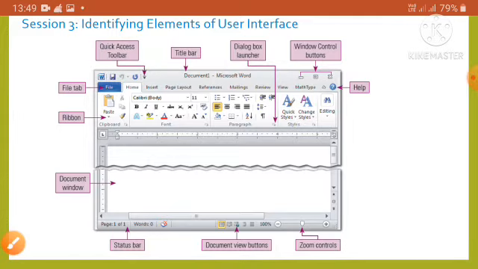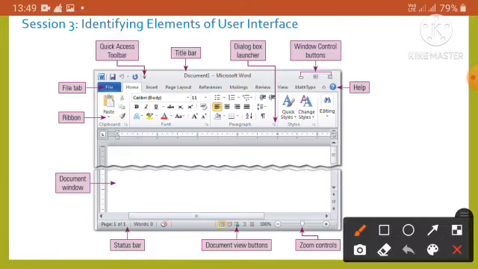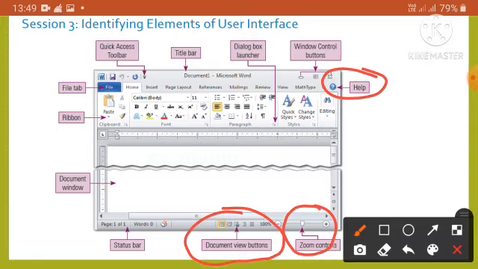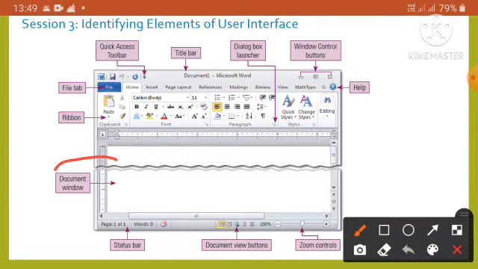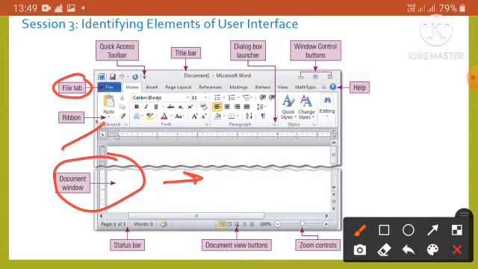This button is for help. Here it is used to zoom the page, zoom in or zoom out: zoom controls. Here are the document view buttons, and this bar is known as the status bar. It is the document window, where we have to write anything. It's known as the File tab, and this is the ribbon.